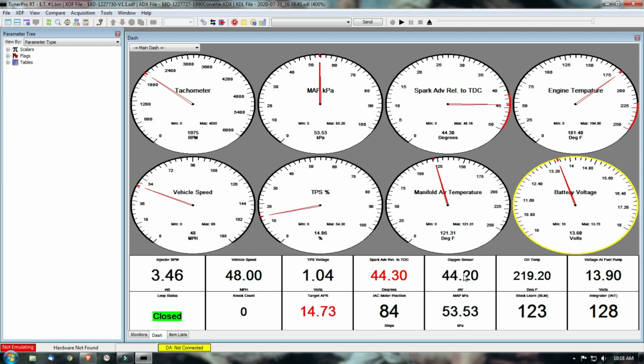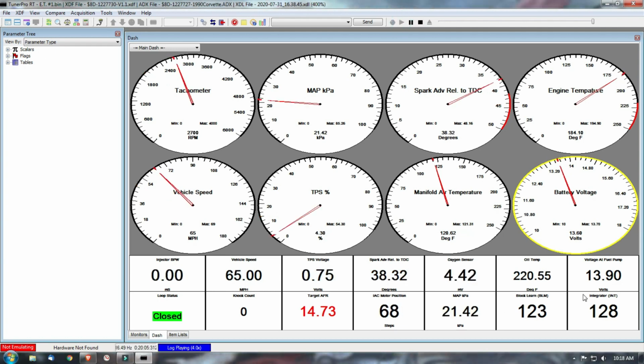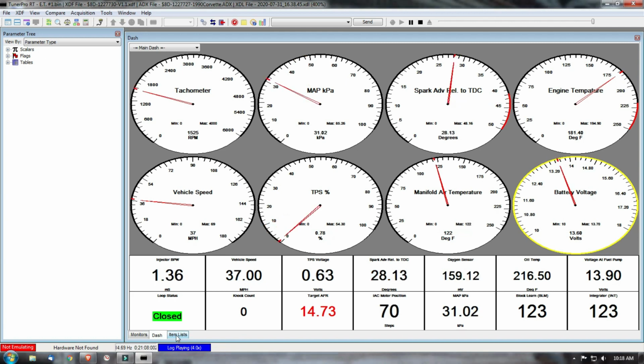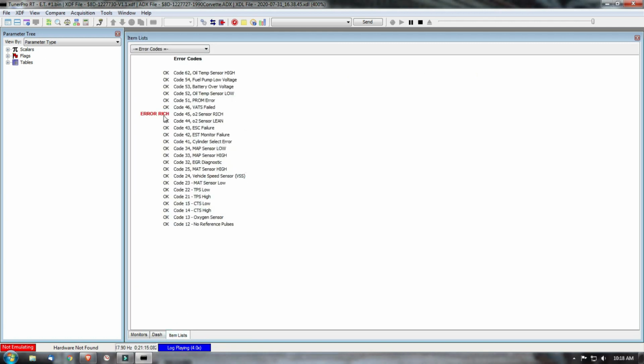Another thing is the BLMs. Right here you can't see it because it's not playing, but going through here to like right here to BLMs and stuff, there is a little rich, and it's also not changing, which is kind of funny. Also, if I go to item list, error code